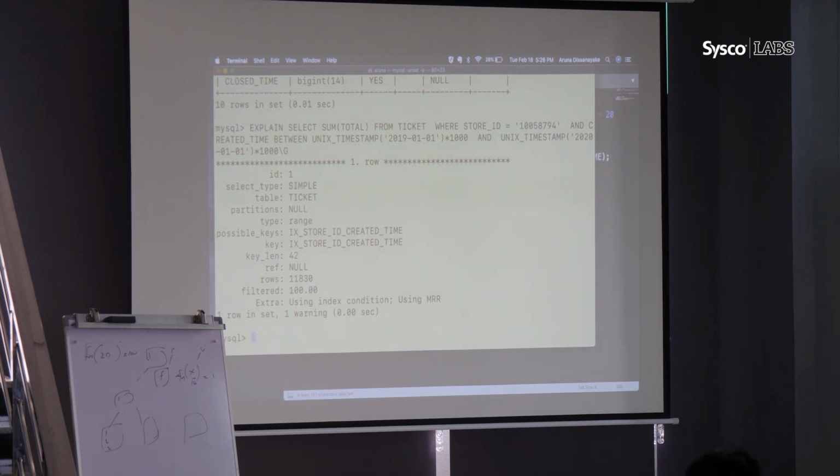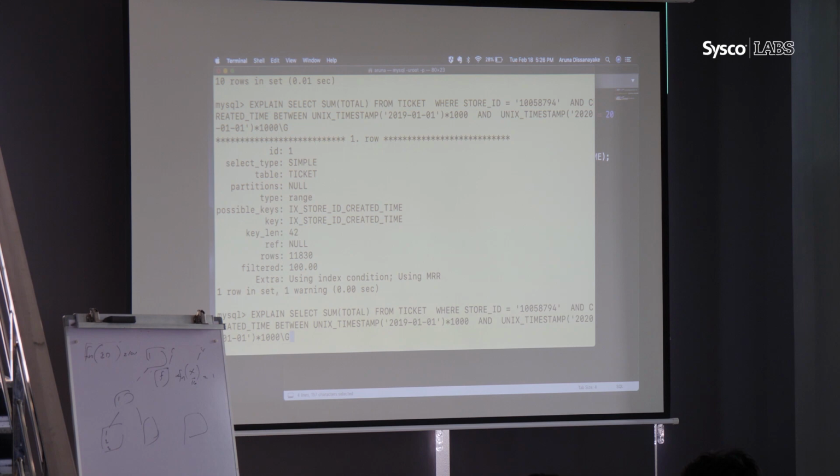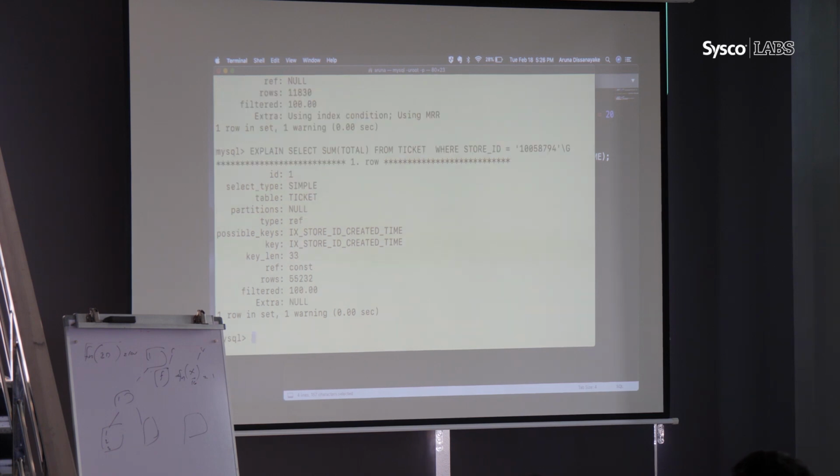So for example, if we delete this entire section, this index can still be utilized. So you don't have to have multiple indexes. In this case, you don't have to have a separate index only on store ID, because this index can fulfill that request as well. It can fulfill both queries, with only the store ID as well as store and created date.